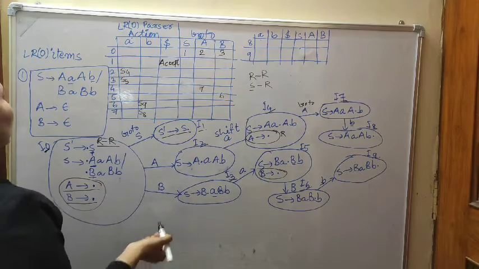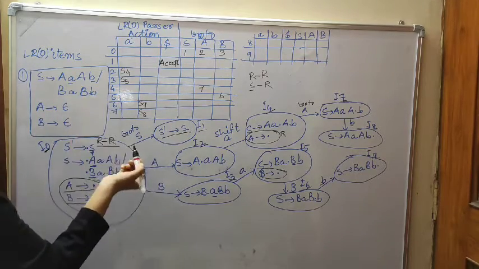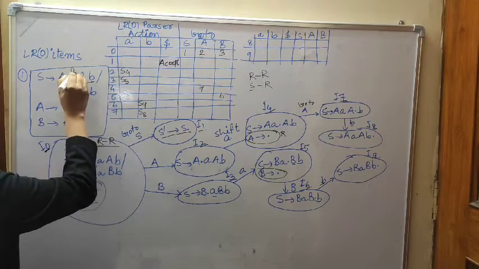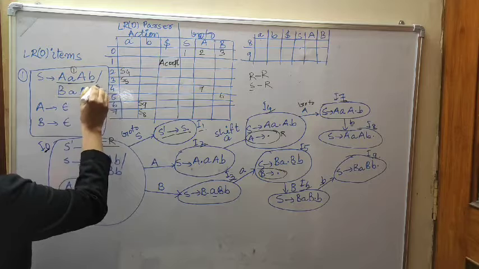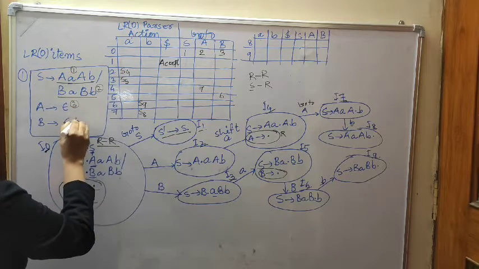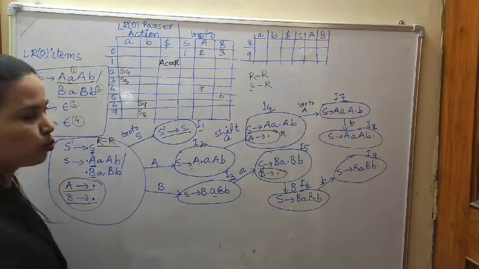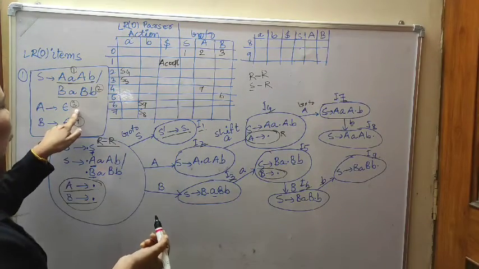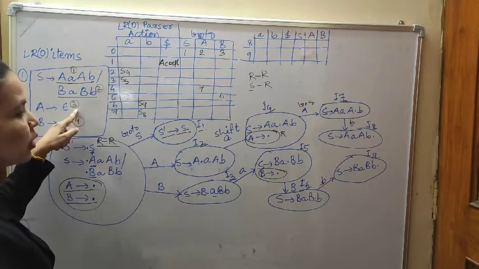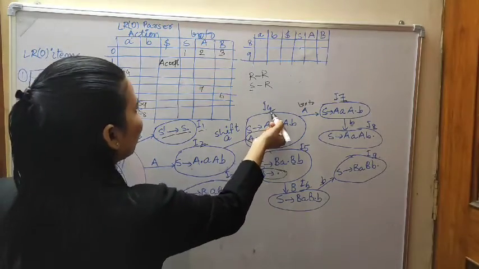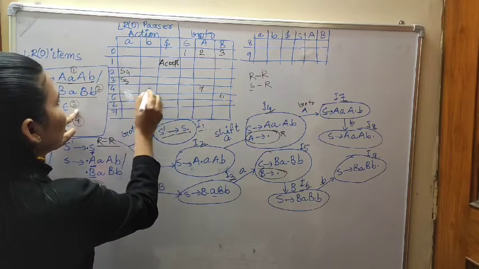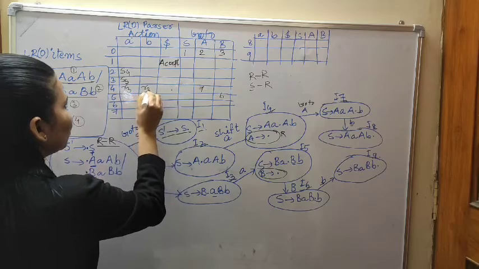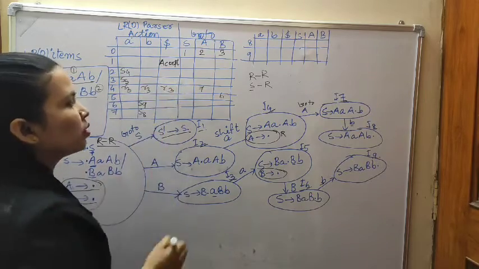Okay, so now give the name of the production rule. S to AA, A to aA, A to b, B to ... give the name 1, this is for 2, this one for 3 and this is for 4. Okay, 4 production rules are there. So A to epsilon dot, which number? A to epsilon dot, that means this one 3, that means reduce 3. Reduce 3 where will we write? In the fourth number state. In every place in the action part we will write reduce 3, reduce 3, reduce 3.